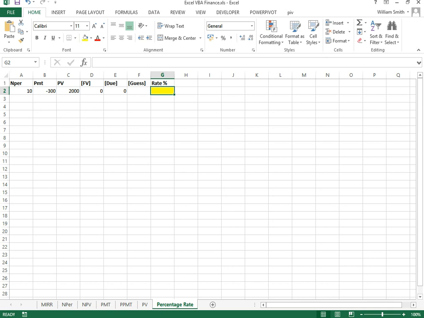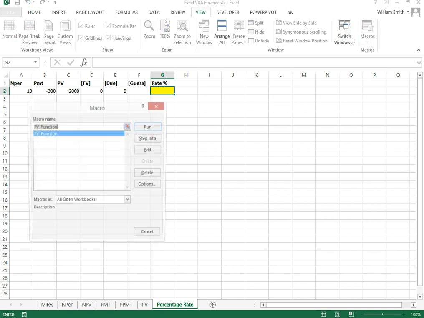Hi viewers, today we're looking at the Excel VBA percentage rate formula for financial functions in Excel 2013. First of all, I want to record a macro by going to the View tab, clicking on Macros,